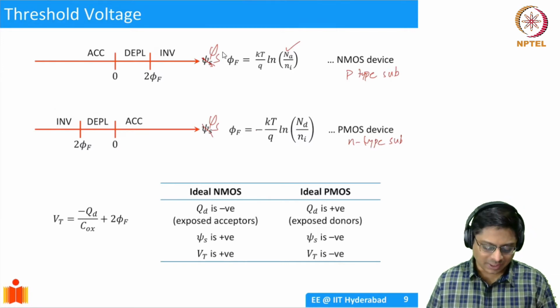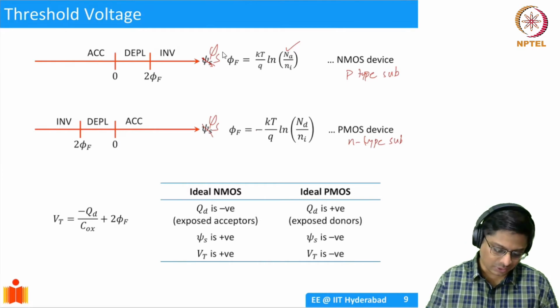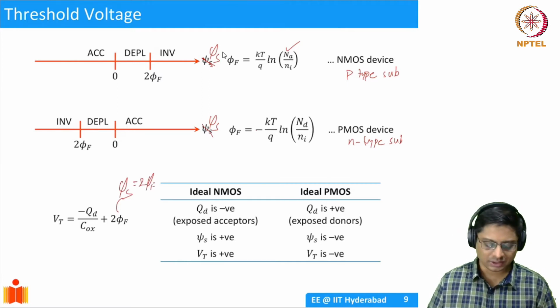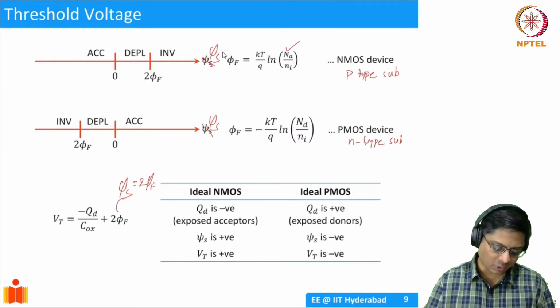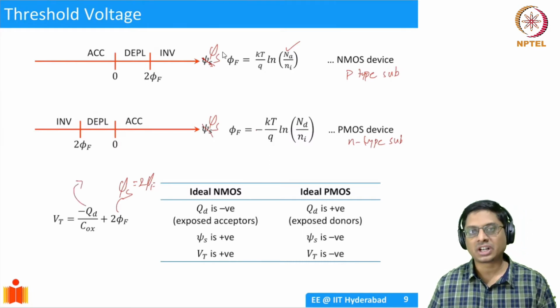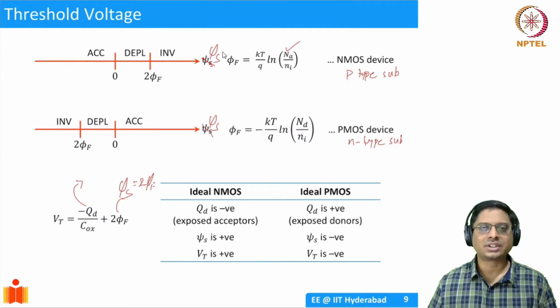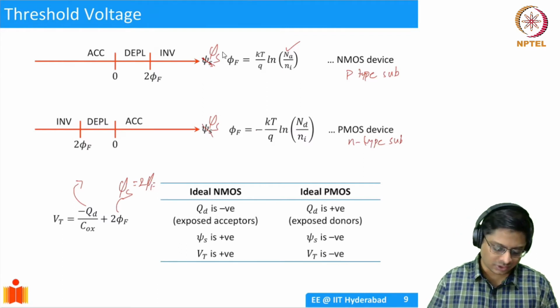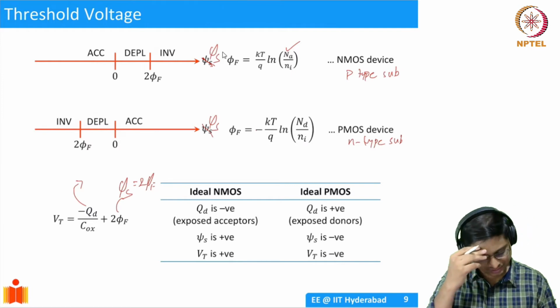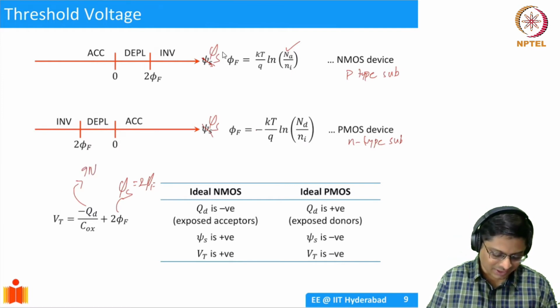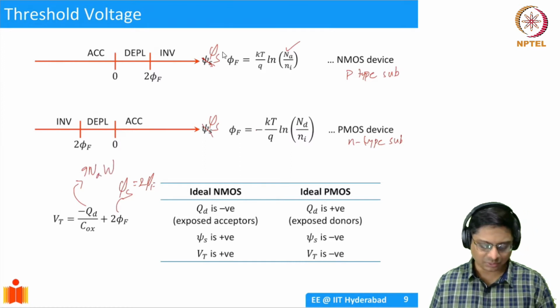And we have also defined what threshold voltage is. This was originally called phi s, but phi s is equal to 2 phi f, that's why we can write it like this. So this is an expression to calculate threshold voltage. And what is QD, the amount of depletion charge at threshold? We know that at threshold, your surface potential is 2 phi f. So the amount of depletion charge is going to be q times Na, or Nd, it could be anything, times W, the width. That is what we need to calculate. We'll calculate that.